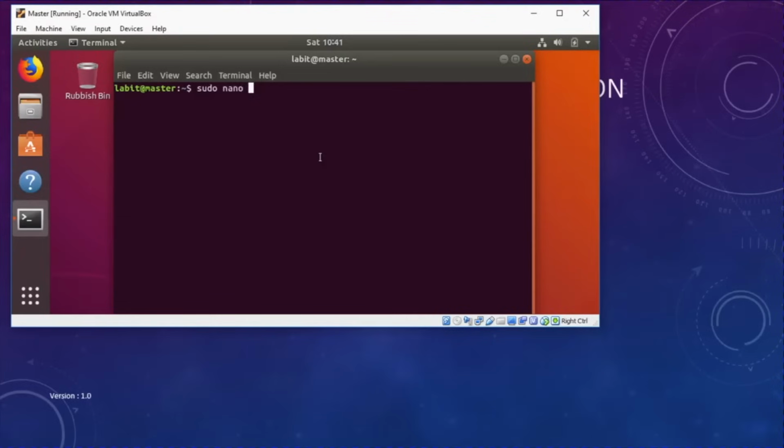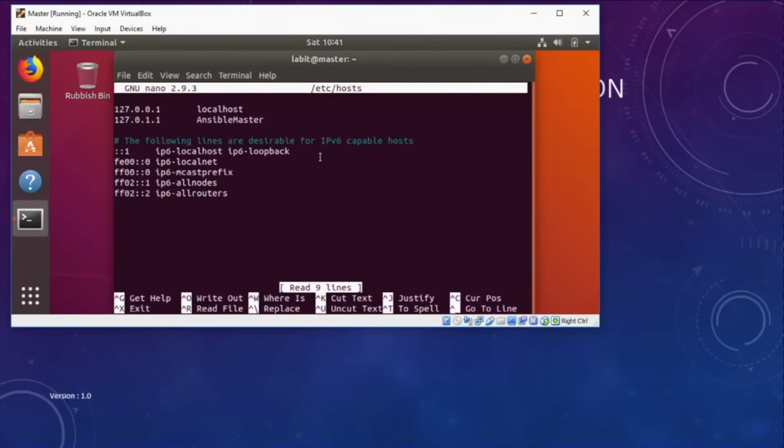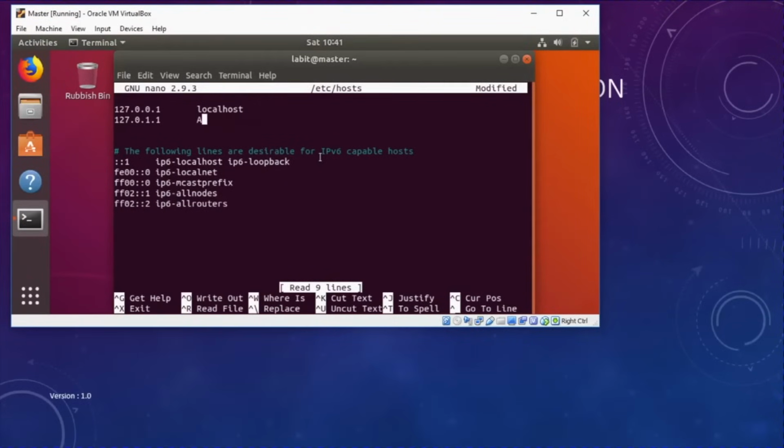So sudo nano /etc/hosts and hit enter and type in the password for your user. Now in the host file under IPv4 settings, first let's change the localhost to master.testlab.com,